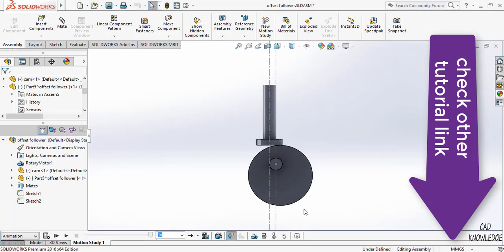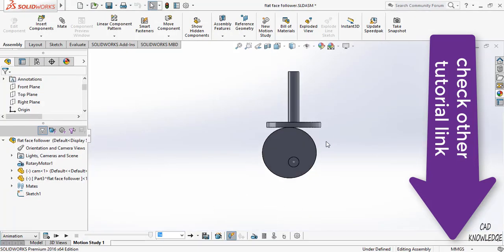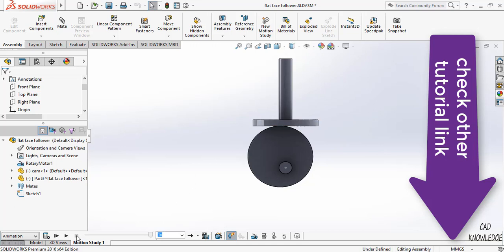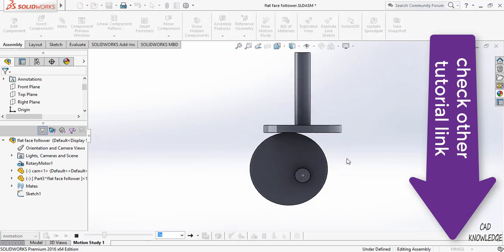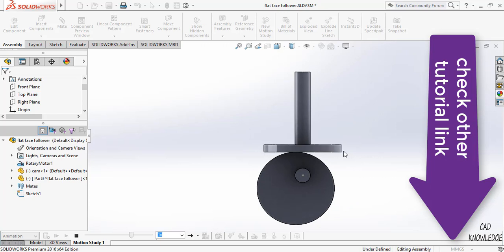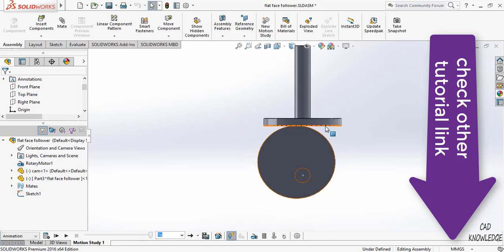Now the other one is the flat faced follower. So a question arises, what is the difference between a flat faced follower and a spherical faced follower?